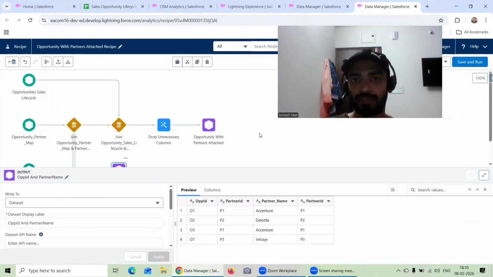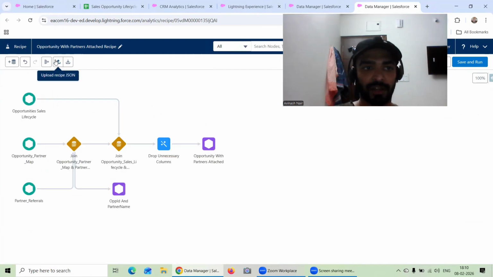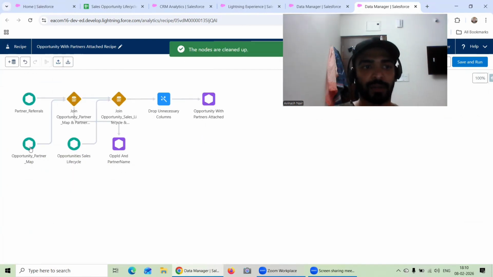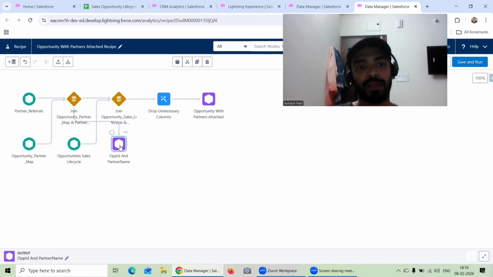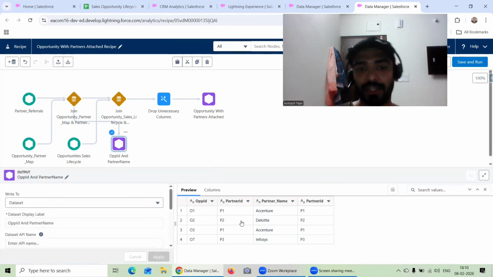Okay. So just to give you a brief of what I have done, I will just clean up the notes. So I've taken the partner referrals opportunity map. Now, of course, that structure is already there, but I have just created this data set. If you see from here, the flow is coming where ultimately my main theme is done. So my op ID and partner name is something which is done over here, right? I can remove the partner ID as well. So maybe if needed, we can create a new transform node as well. But anyways, that's not needed for now. But the op ID and partner name is something I got. And finally, I can just